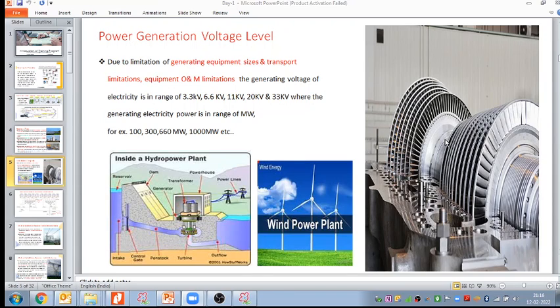If we go for high voltage or extra high voltage generation, then the plant equipment capacity will increase. So due to the limitations of generating equipment size, transport, and operation and maintenance, the generating voltage is in the range of 3.3, 6.6, 11 to 20, 33 kilovolts, whereas the generating power is in the range of 100, 300, 600, 1000, 1500 megawatt. Similarly, when we come to the solar power plant with solar PV cells,